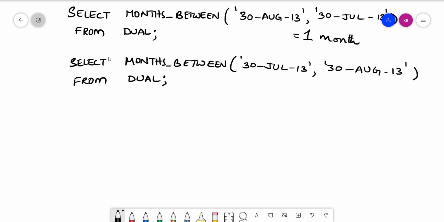So now what is happening? This is an older one, this is the later one. So in this case you will get the output as -1. Please do not get confused whether it is positive or negative. It is providing you the difference in the number of months between the given two dates.